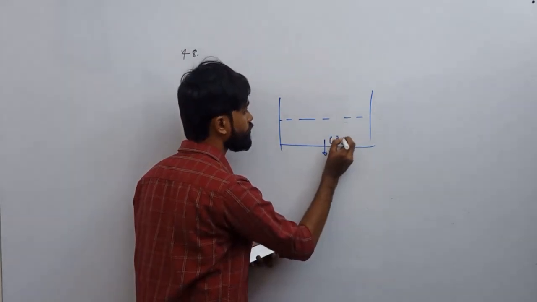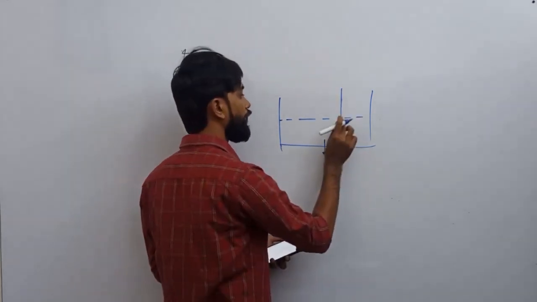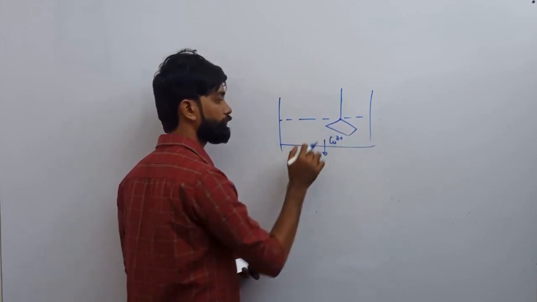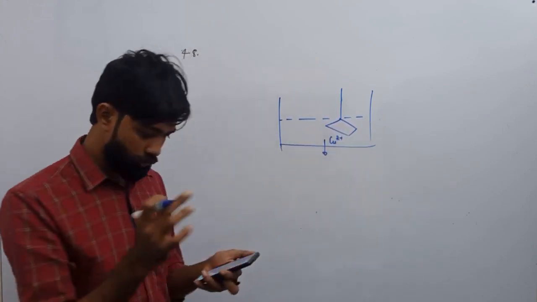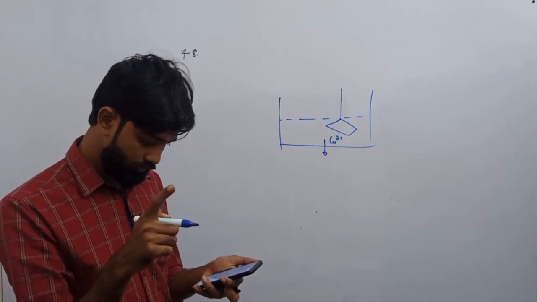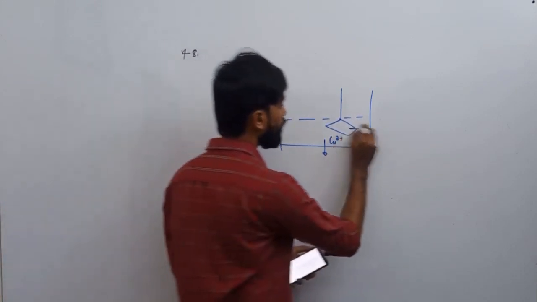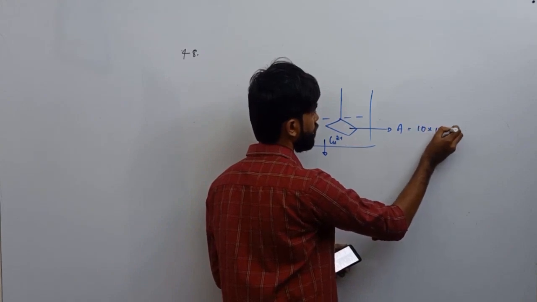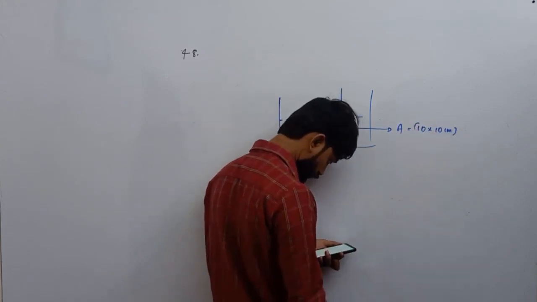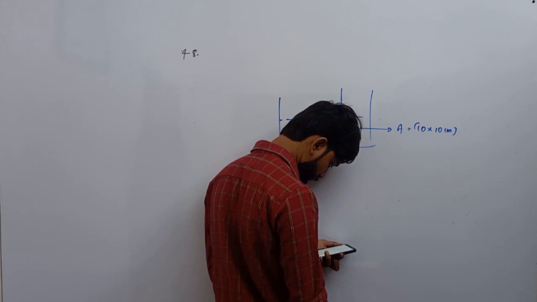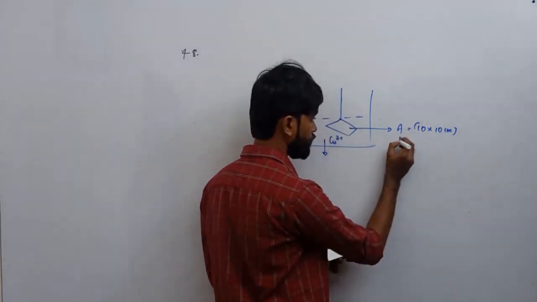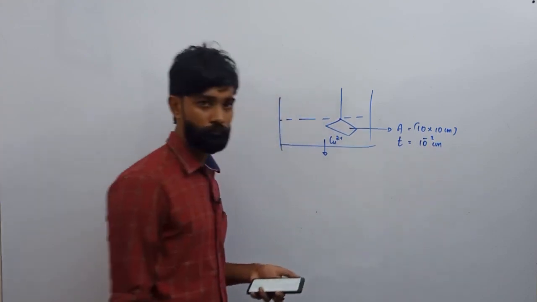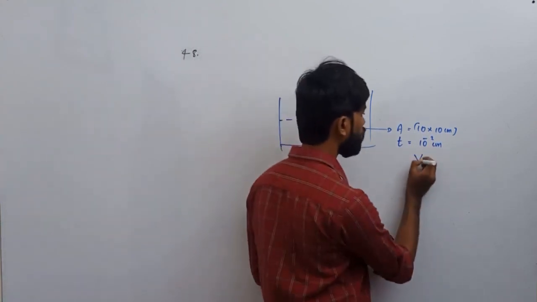Copper sulfate contains Cu2 plus, and you want to plate a sheet with copper. The area of the plate is given as 10 into 10 centimeter, 10 cross 10. And the thickness is 10 to the power minus 2 centimeter, which indicates that the volume is